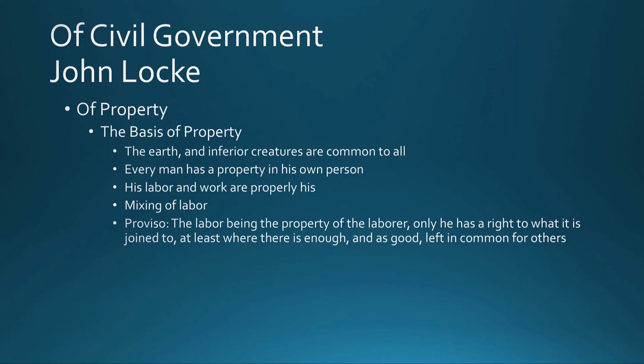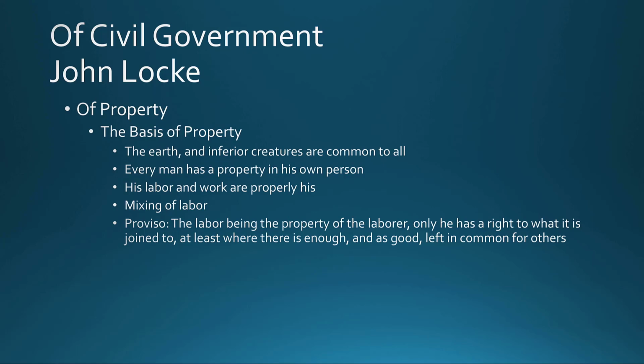From this, Locke infers that a person's labor and work belong to them because they own themselves, laying aside that God owns everybody. And so any work they do belongs to them. And what he comes up with is this theory of mixing labor. So you have something in the natural world, going back hypothetically to the beginning, you have an apple tree. Someone has to go up to the apple tree. If they're hungry, they pull off the apple. They put some work into it, not a lot, but then they eat the apple.